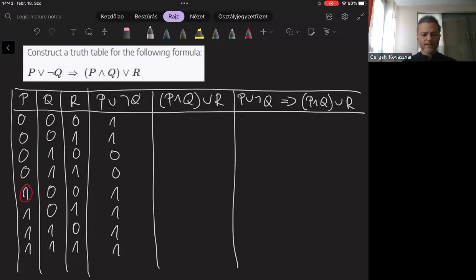Let's continue with the second formula. Here, first we have to evaluate this conjunction, and conjunction only evaluates to 1 if both operands are 1. So in those 2 cases, and in all the other cases, this conjunction evaluates to 0. And then it's time to evaluate this disjunction. Since disjunction evaluates to 1 if one of the operands is 1, I can immediately put these 2 ones here, and then I can focus on the first 6